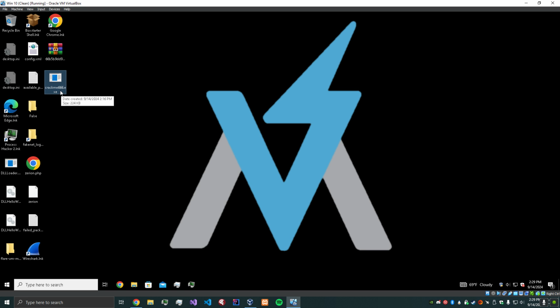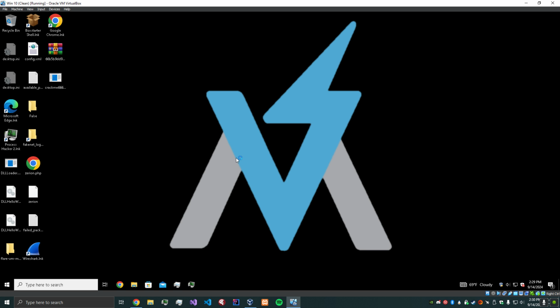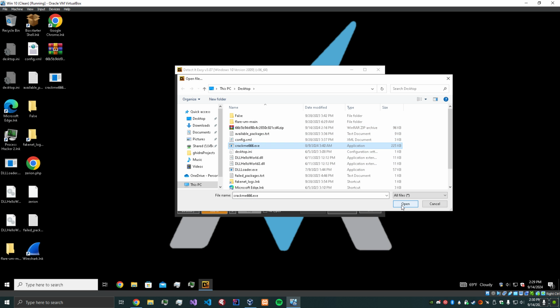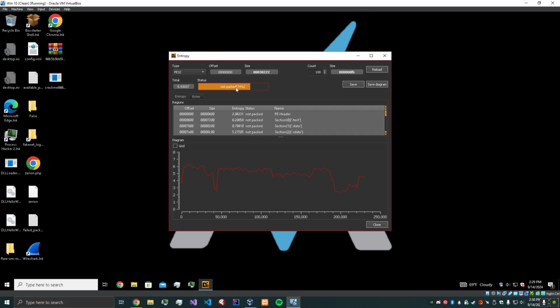This is crackme666.exe. One of the first things we're going to do is use a program called Detect It Easy to determine if it's packed or anything like that. So we're going to select crackme, and just like he said, this is a 32-bit exe. It's a console application, so it doesn't look like it's going to have any GUI. If we go to entropy, it says it's not packed, which